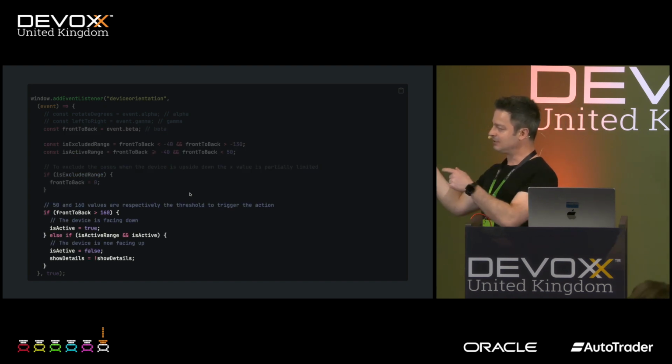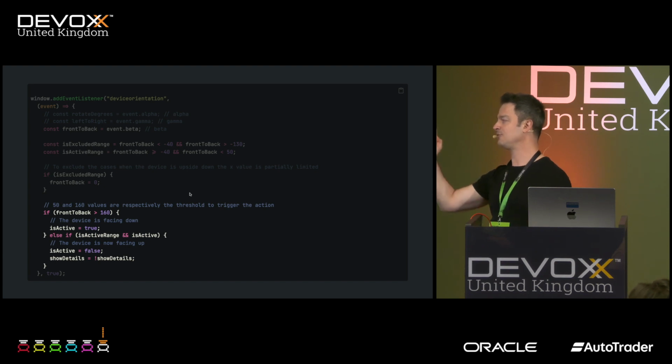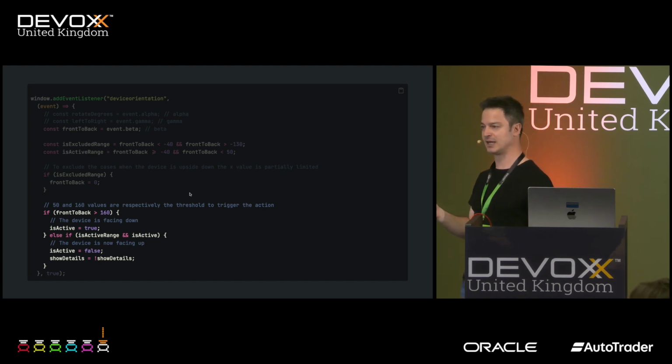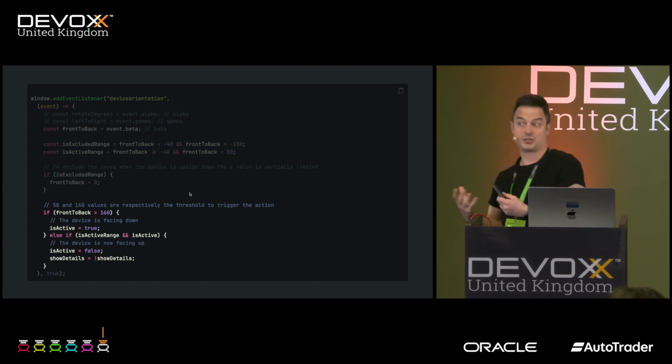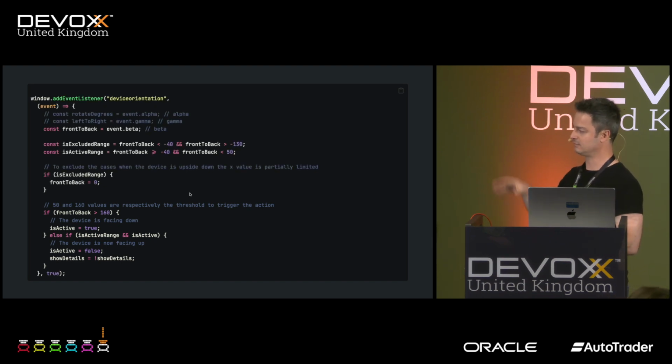Then, as we said, if we reach a specific degree, we set a flag to true. Then if we go back into the so-called active range while the flag is true, it means that the user achieved the specific movement that we wanted. And in the specific case of the demo, this will trigger the hide or show details.